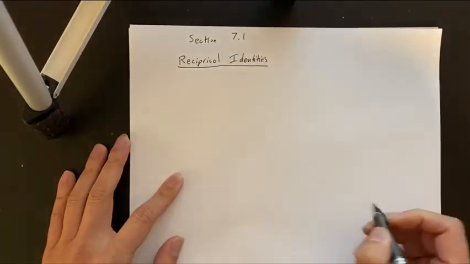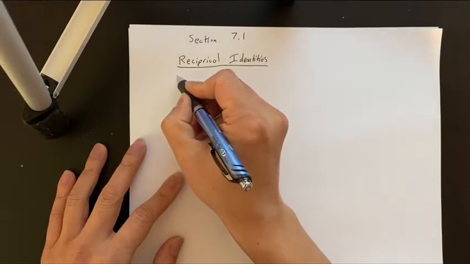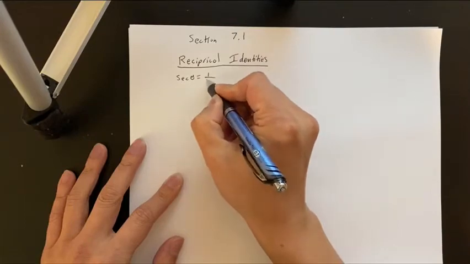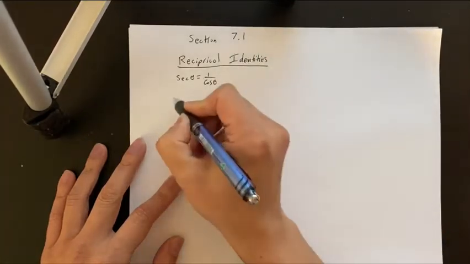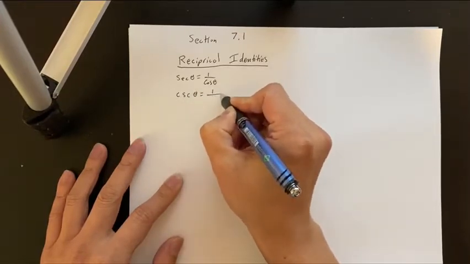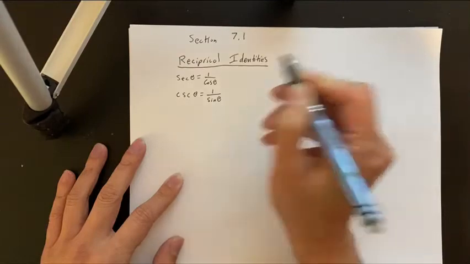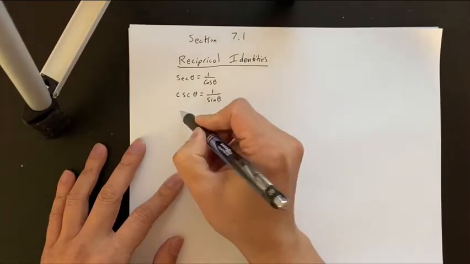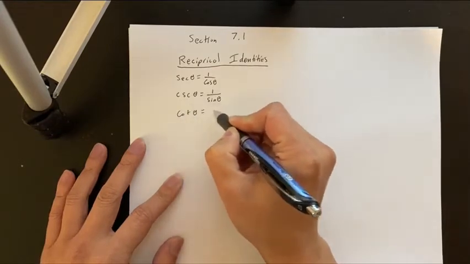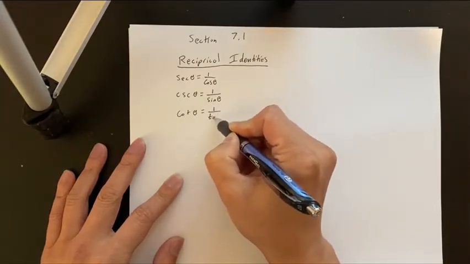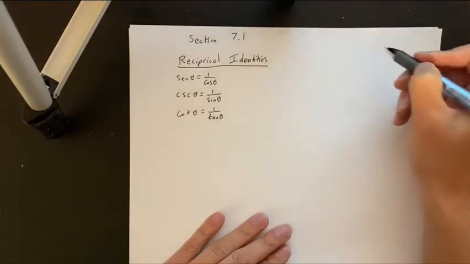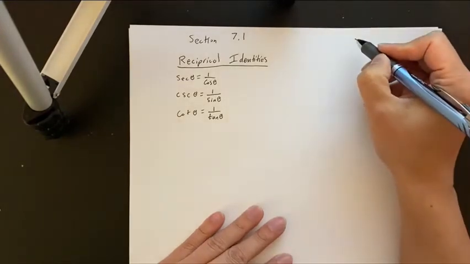Okay, so we define secant theta to be 1 over cosine theta, cosecant theta to be 1 over sine theta. And then you can say that cotangent theta is 1 over tangent theta. Okay, and we're going to use this property in algebra,